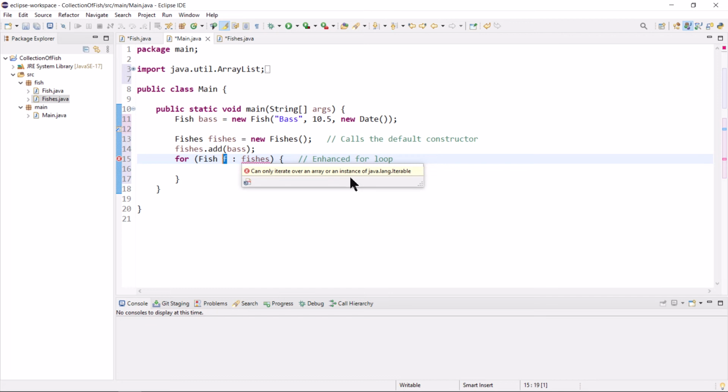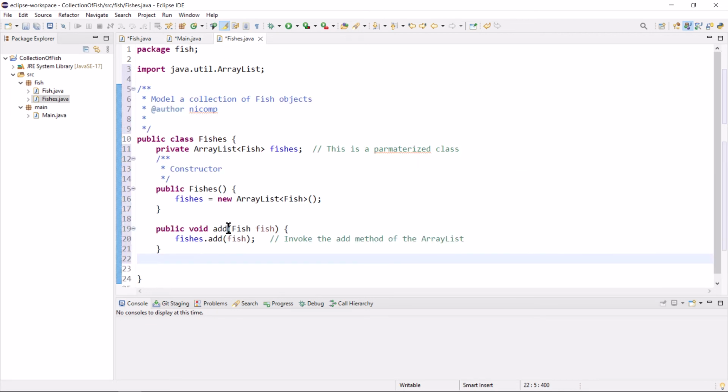So exciting. All we need to do is make our class fishes implement that interface, and we can use our class in an enhanced for loop. And that's probably scary. Well, what's in the Iterable interface? Are there like 10 methods I have to write? Are there all kinds of classes and functions and methods, and do I have to stand on my head? No, you don't. Go back to fishes and add